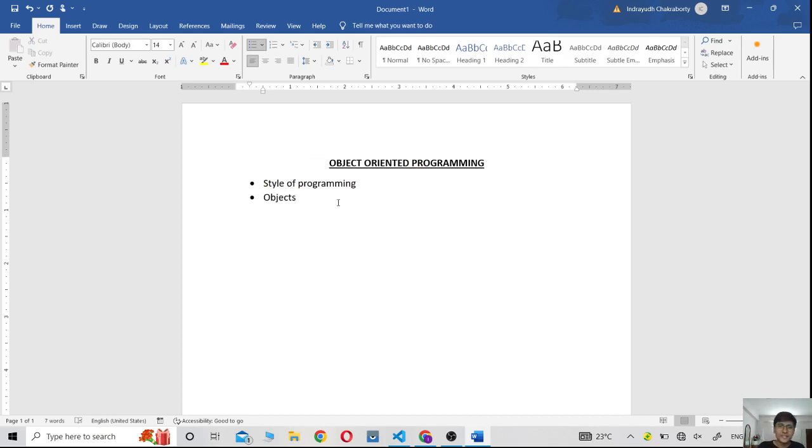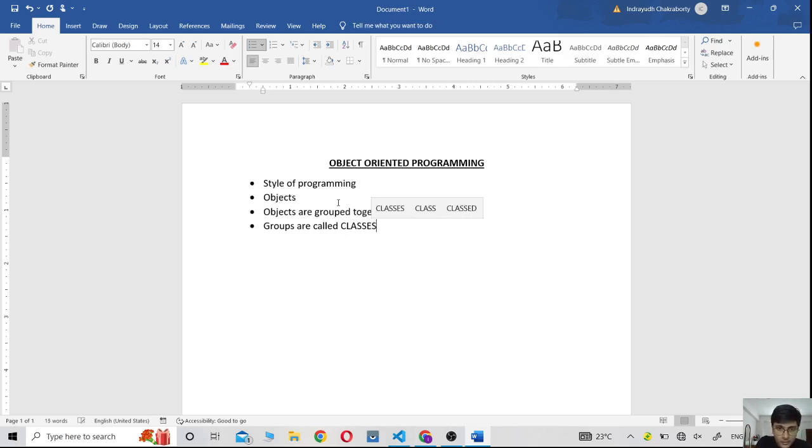So in simple words, in real life, in a broad sense, an object is everything around us, from a pen to a book to my glasses, to this laptop, and you and me, all are objects. So objects are grouped together in this system of object-oriented programming. The objects are grouped together, and these groups are called